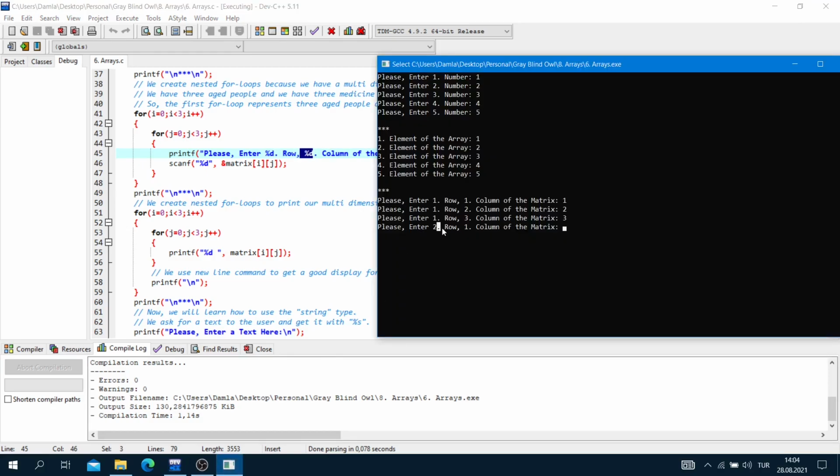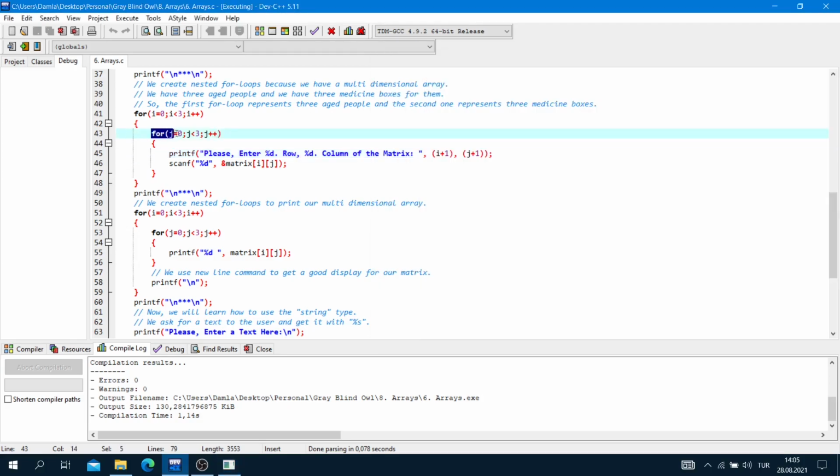As you can see, please enter the second row and the first column of the matrix. I will enter here 4. As you can see, the row is fixed, and the column was increased. So I will enter here 5. The column was increased again. As you can see, the row was increased, and the column again, the first column, because it began again.